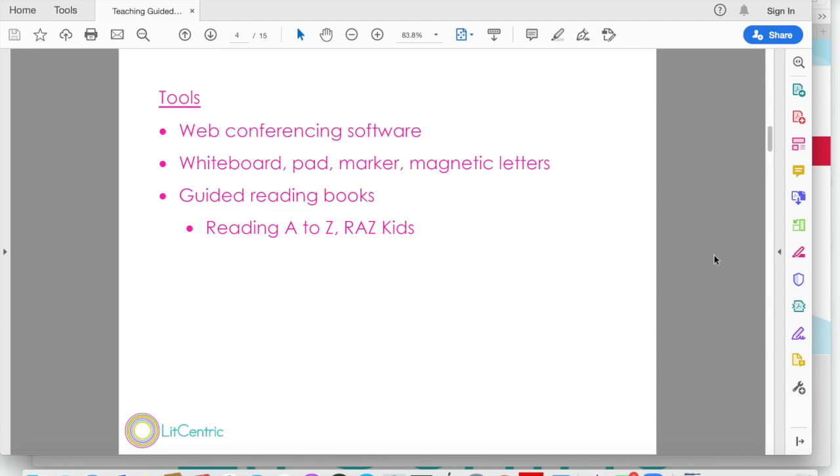And you also, of course, need access to guided reading books. Now, this is where Reading A to Z and RAZ Kids comes in, because we're going to assign students digital guided reading books. Normally, we know researchers are really starting to look into how students process digital text versus traditional paper text, and the processing does look different. So don't be surprised if your students behave a little differently or their running records look a little different, which we will talk about today,